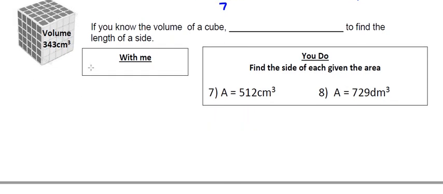Now the volume here is talking about the space inside. And all of a sudden you see a different exponent. So right now we're seeing that exponent of 3. Well, that exponent of 2 kept telling us that we needed to take a specific kind of root, and that was the square root. So we're probably not taking the square root anymore. In fact, we know of a kind of root that uses an exponent of 3, and that is our cube root. So what I'm going to do when I know the volume of a cube is take the cube root